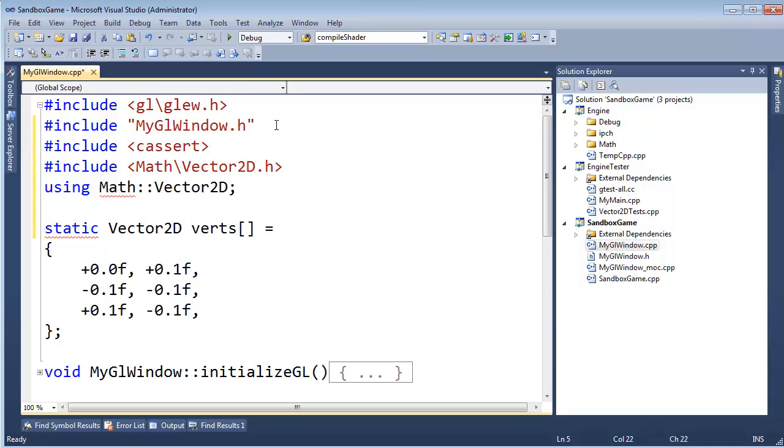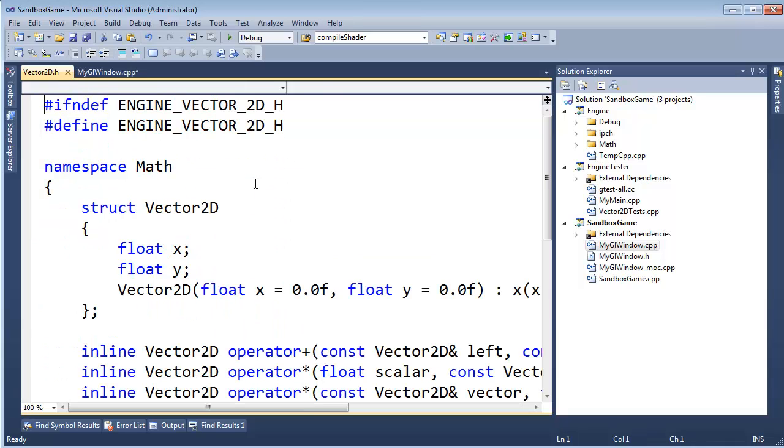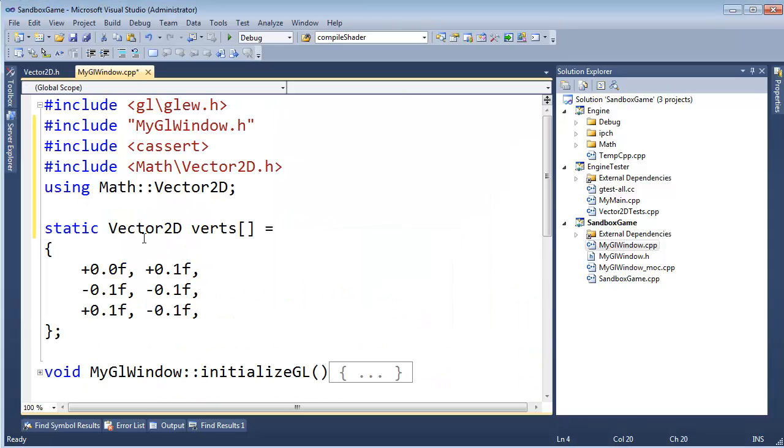Again, let me just right-click here and open the document. Remember, we put a namespace on here. So now I'm saying vector2d verts. Now I can build this, and it should. Well, it might build. Let's see. Build started. Build succeeded. And so you may think, we weren't